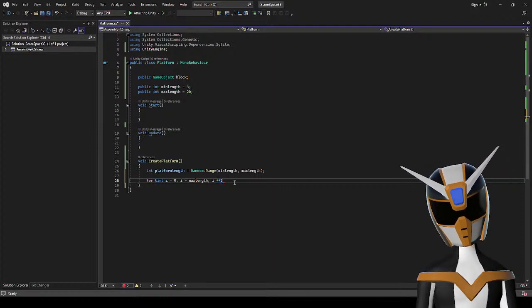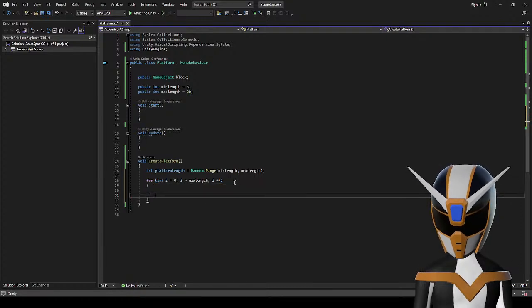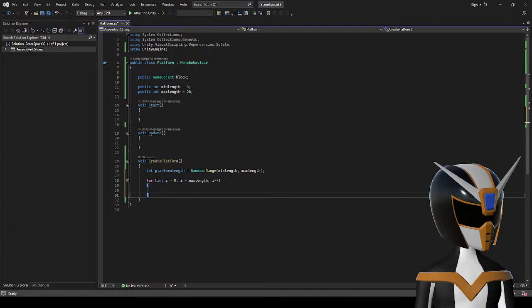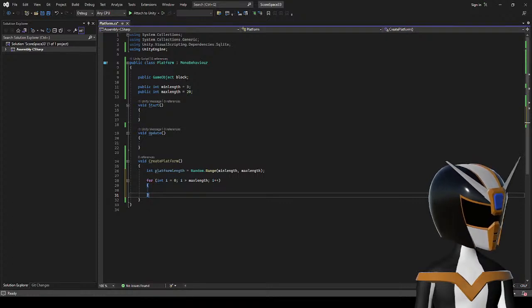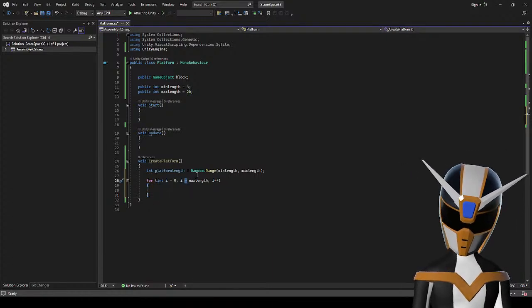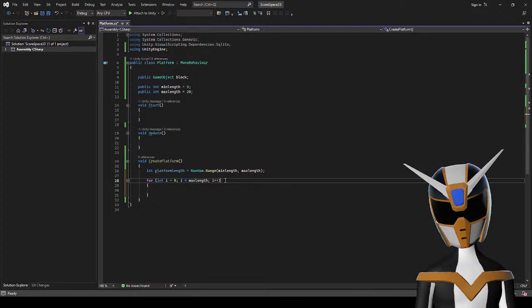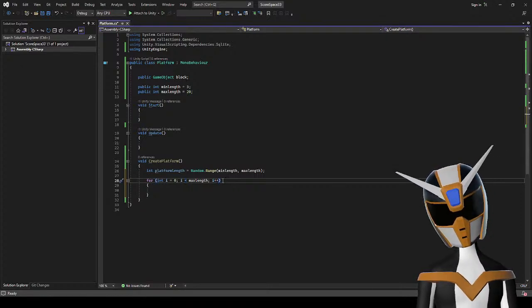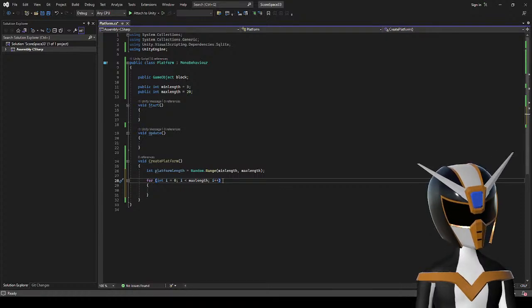Pretty sure that's how it works. Oh, it needs to be less than. Okay. It's not until it's greater than, it's while it's less than. Okay.